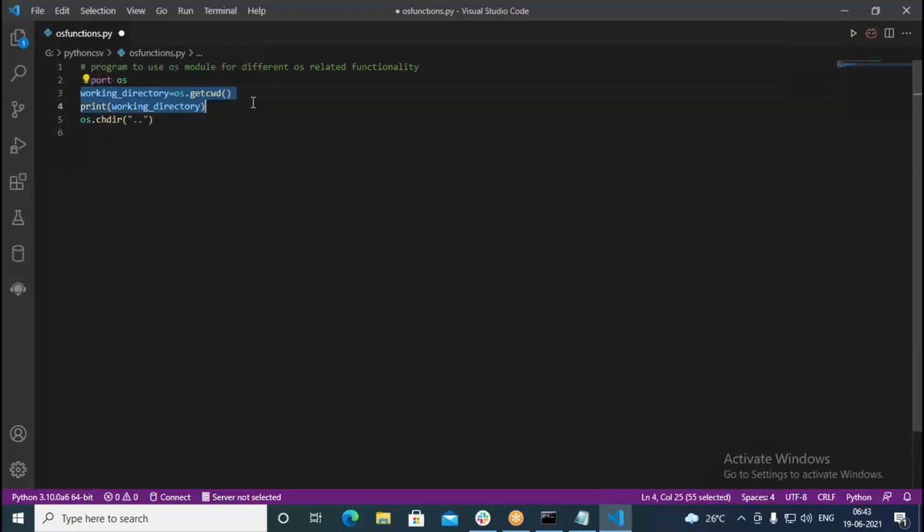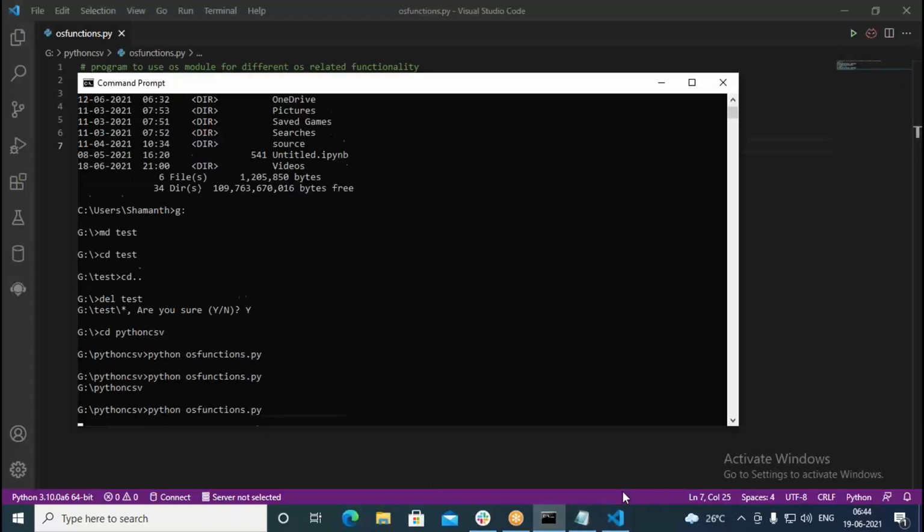Whether this gives an error or not, how the .. works, we'll see. Next thing, again print working directory. Save this, then try to execute.